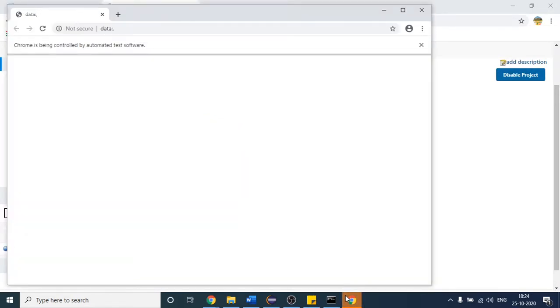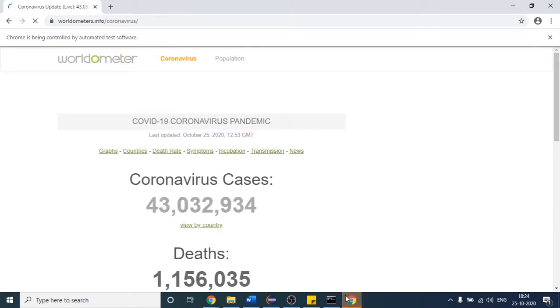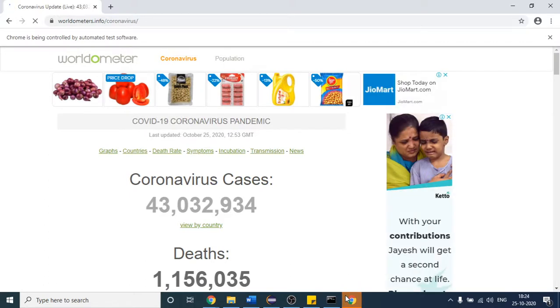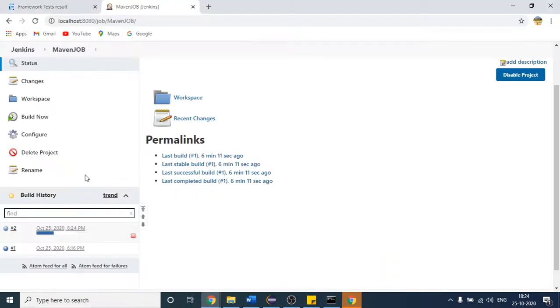Moreover, suppose your client wants to run your test case. Actually, the client comes to you and says that today I will run the test case. So will you provide the client with Eclipse? The client does not know anything about Java and Eclipse at all, right? But I will say to the client, this is the path, whatever project you want to trigger, just click on build now. It will be more readable for the client, because he will say yes, this step will build my project, or you can say trigger my test case. So this is the reason why we should use Jenkins.